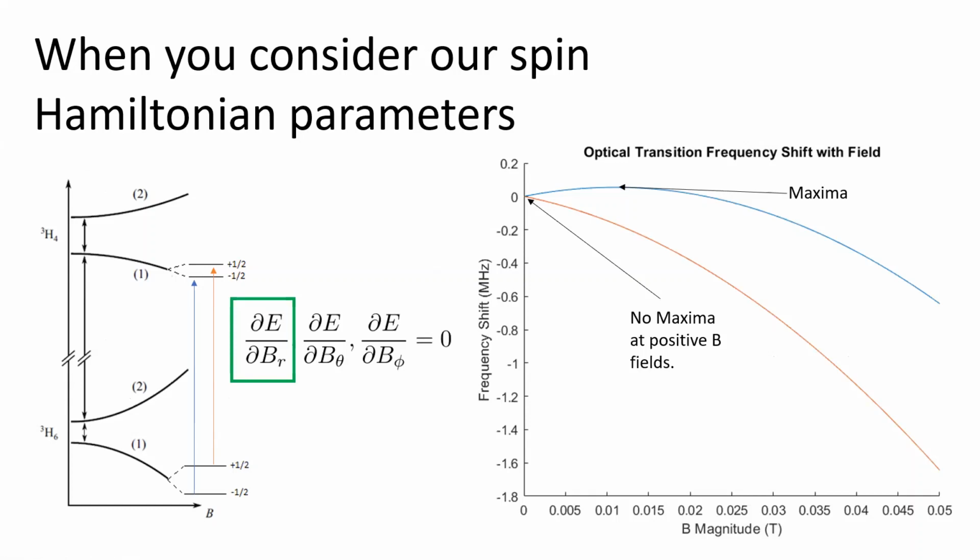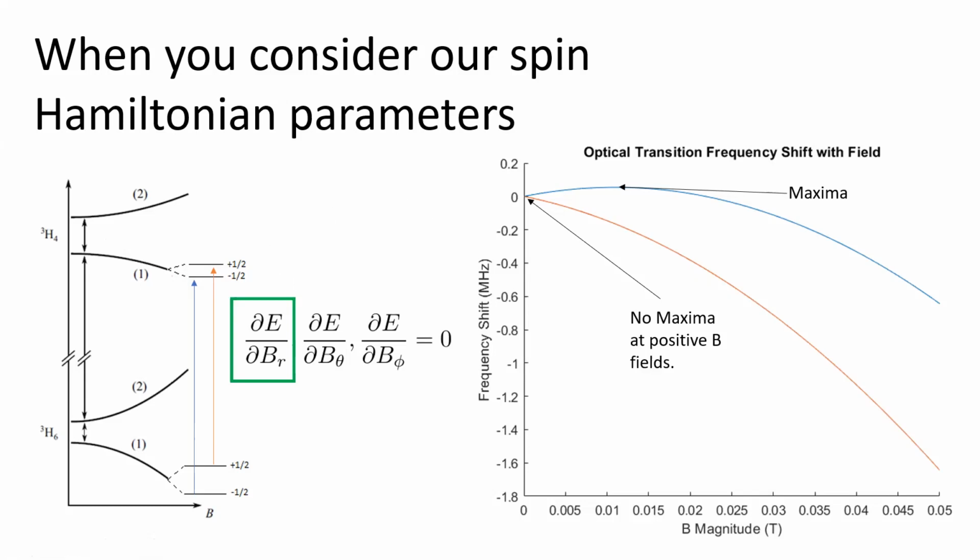Now, that means if I take a partial derivative, the change in this transition frequency with respect to increasing field magnitude goes to 0 at this field magnitude. And this is one of the beginning prerequisites for having a clock transition between these two different states. Now, it's not the only prerequisite,